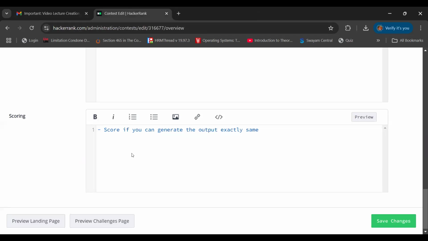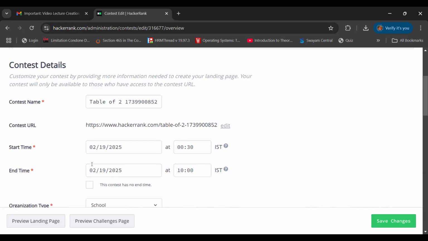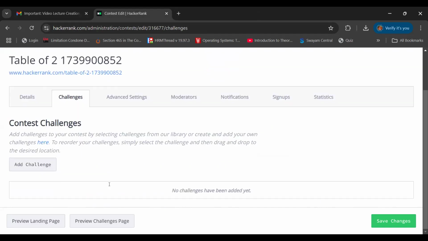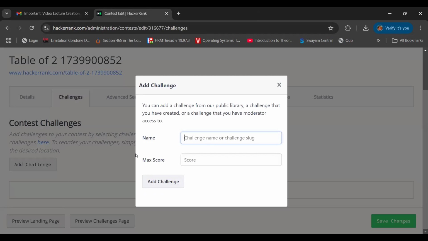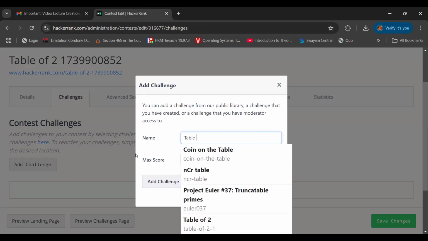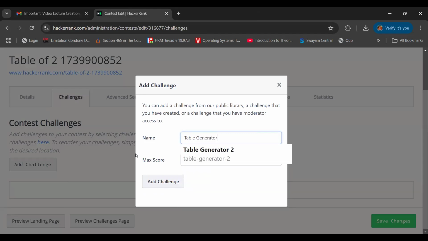So because I have added a wrong challenge, I have to improvise on my challenge. That is contest name, contest detail. Now the challenges that I'm going to take here, right now I have not decided. I've not decided yet what challenge I'm going to keep. So I'm just going to state table